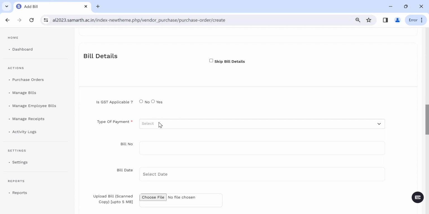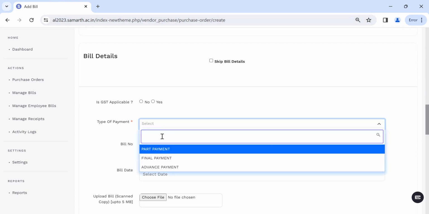So now coming to the type of the payment. All 3 types of payments are handled by the system, that is part payment, final payment, and advance payment. What is the difference between these part payment, final payment, and advance payment? If I give some advance to the vendor to do the work, that is the advance payment. And that vendor